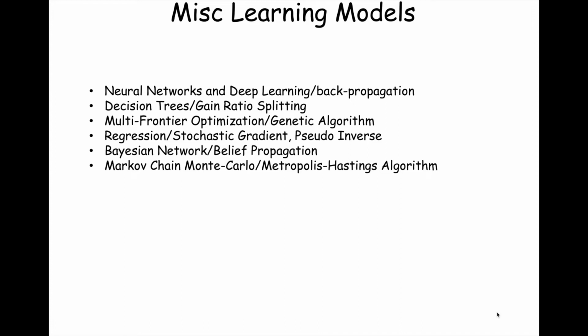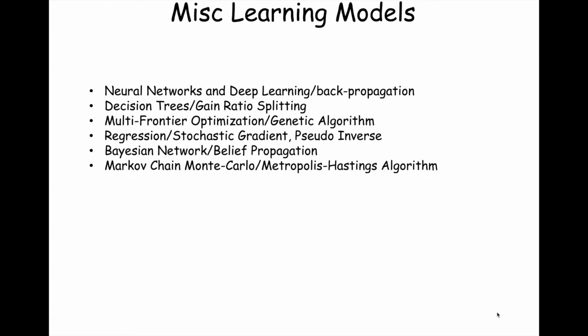And then, and I won't talk about all of these, multi-objective optimization. The search method is genetic algorithms. When we talk about regression, that's a predictor that predicts real valued quantities. Stochastic gradient and pseudo-inverse are the ways of searching. Pseudo-inverse is how you invert a matrix. It's a method for doing that. Stochastic gradient is a randomized way of searching through a set of weights specific to regression, logistic regression to be